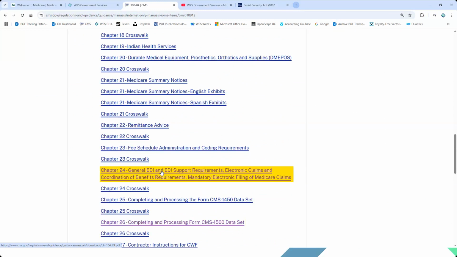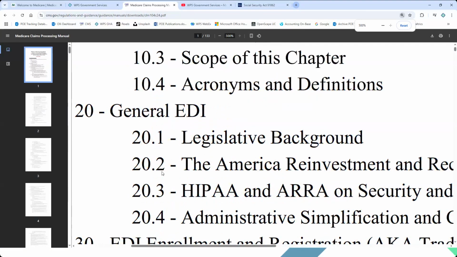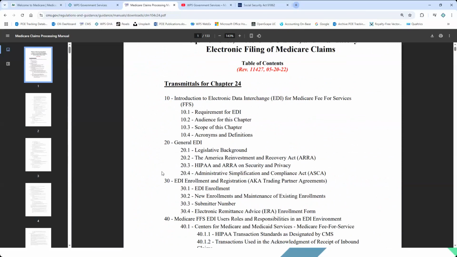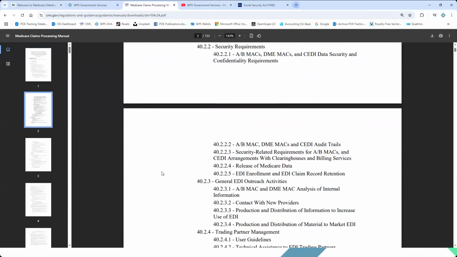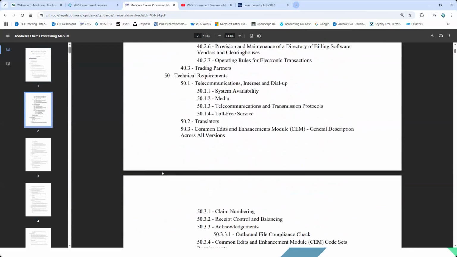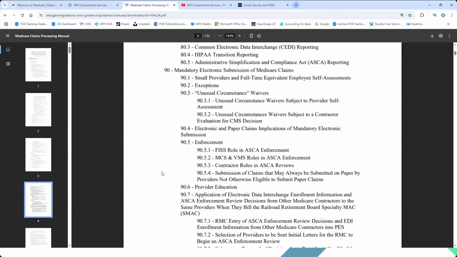Again, that's what we typically accept our claims through. And then when we go into the electronic data interchange area, we're actually going to scroll a little bit down here. And the section that we're looking for is 90.2, which is mandatory electronic claim submission of Medicare claims and the exceptions. Okay. So hopefully that will help tell you whether or not you meet the exceptions.